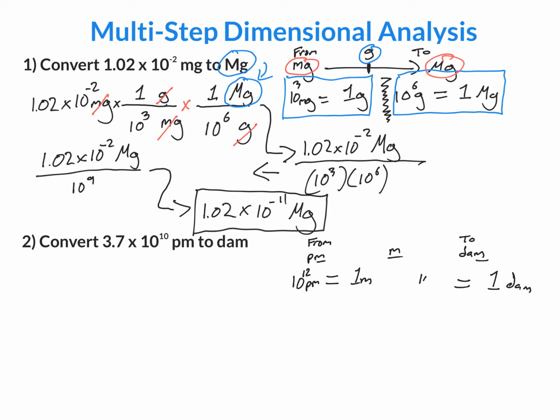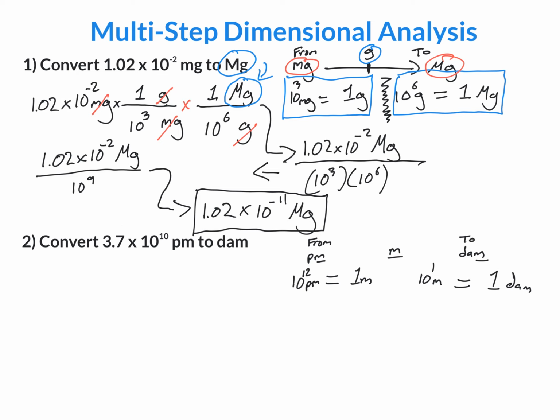Well, it's 10 to the 1. There's 10 of them. So 10 to the 1 meters equals 1 decameter. All right, so now that we have our conversion factors, it's as simple as setting it up properly and simplifying